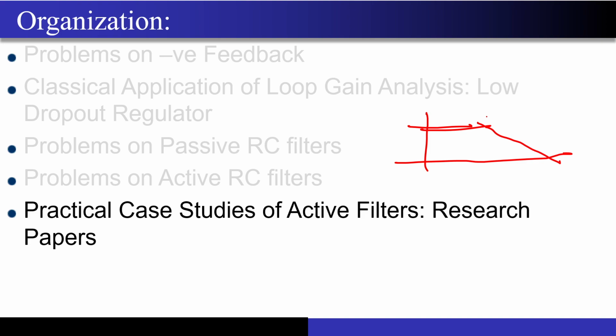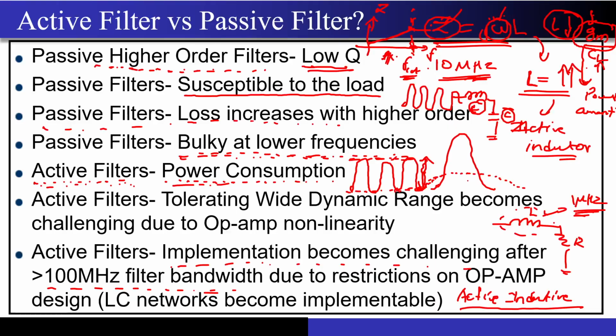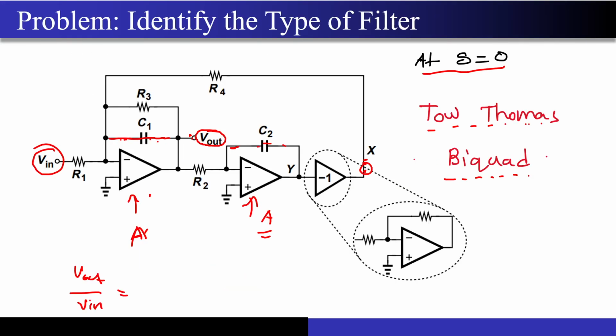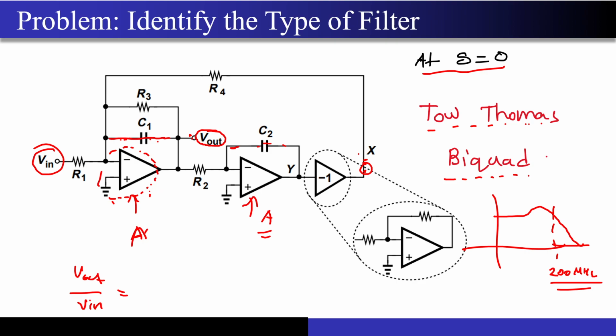See, you are designing a filter, let's say at 200 megahertz, correct? So if you look at the active RC circuit that we have seen, the cutoff, the response of this filter, the 3 dB, is around 200 megahertz. If this circuit's 3 dB bandwidth has to be 200 megahertz, the 3 dB bandwidth of this op amp has to be at least 4 or 5x of this 200 megahertz. Because I want my op amp to be acting as an ideal.